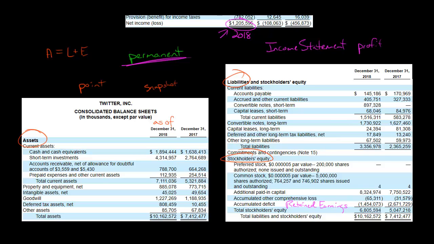In any event, the income statement and balance sheet are connected in that the net income or loss from the income statement is going to affect the accumulated deficit in this case, but for most companies that have a retained earnings account, the net income or loss is going to affect the retained earnings account on the balance sheet. So the balance sheet changes from one balance sheet date to the next. We have a new retained earnings, in this case accumulated deficit account, and that is affected by the profit or loss. If the company has a profit, then that will increase the retained earnings or reduce the accumulated deficit